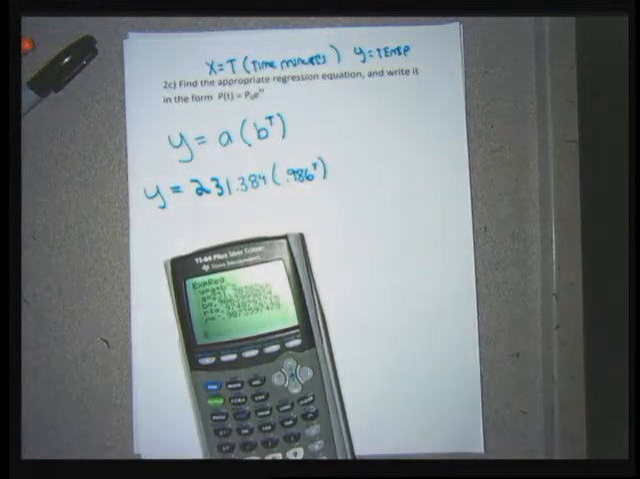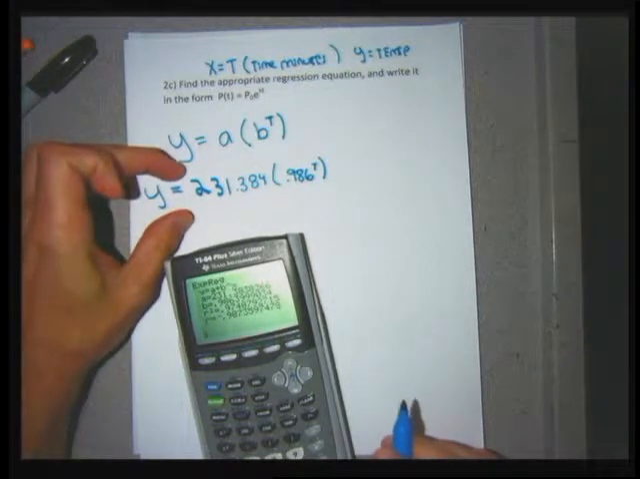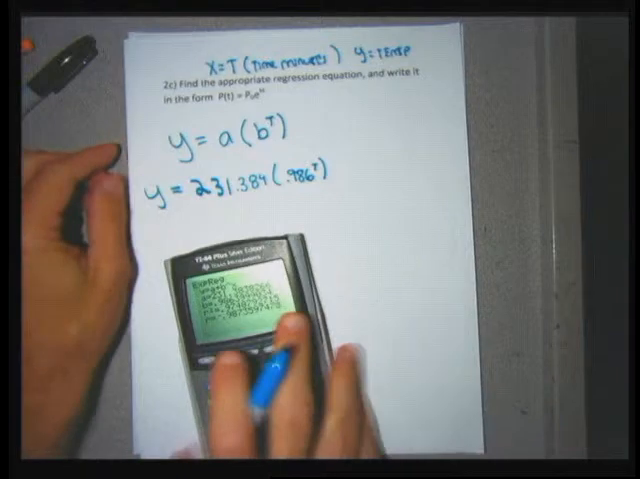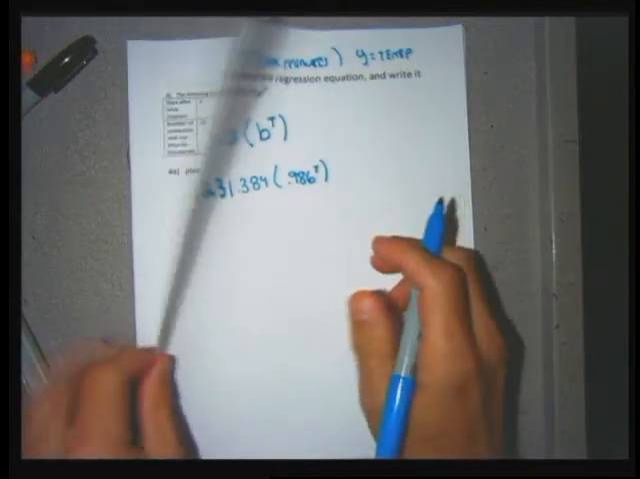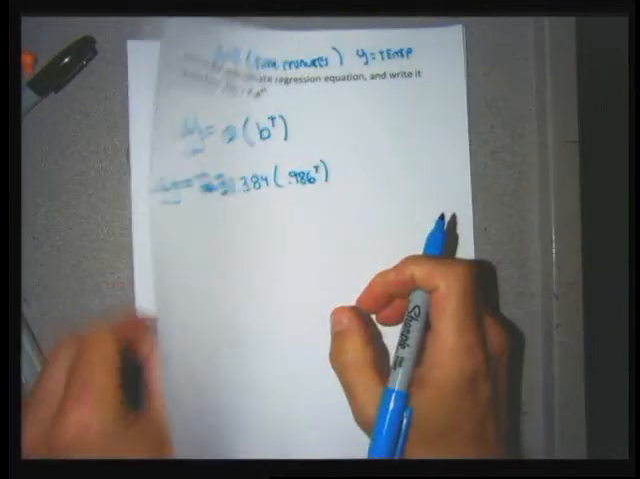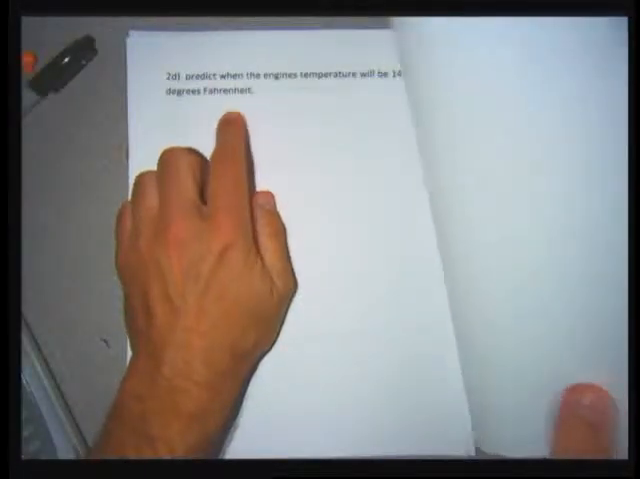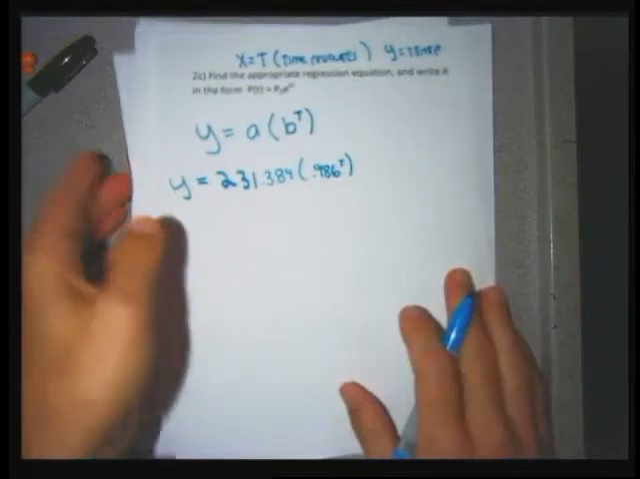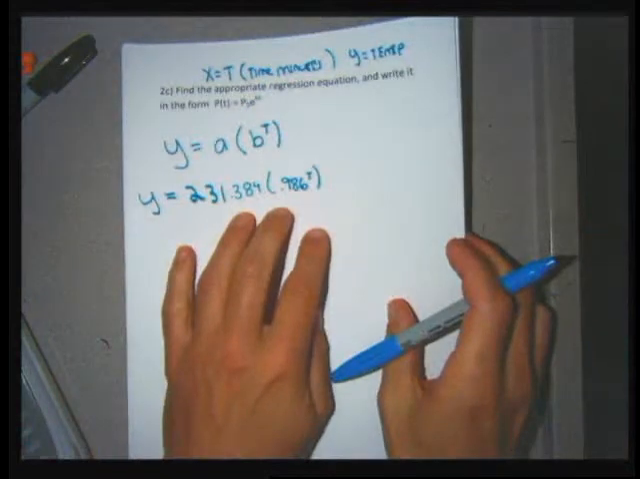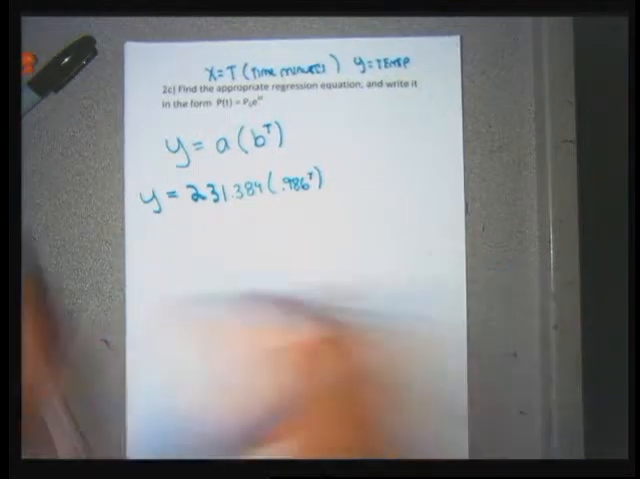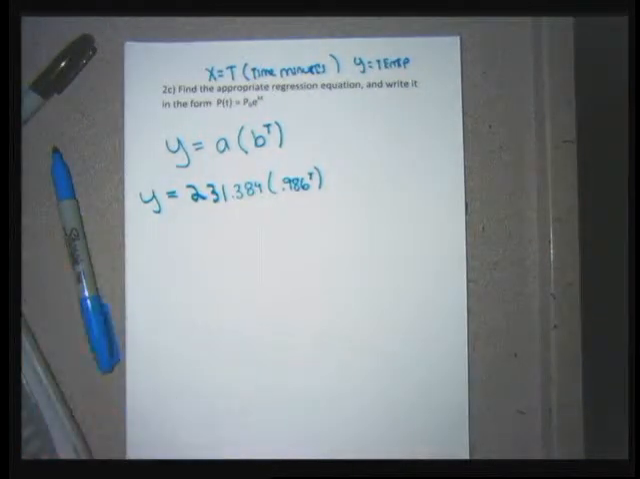This can be used to make predictions about this data. This equation you can use to answer the questions that were asked. The question that was asked ultimately in part D is predict when the engine's temperature will be 140 degrees Fahrenheit. I could actually use this equation to do this, but it'd be doing you a disservice if I left the equation in this form. So what I'm going to do now is I'm going to transform the equation